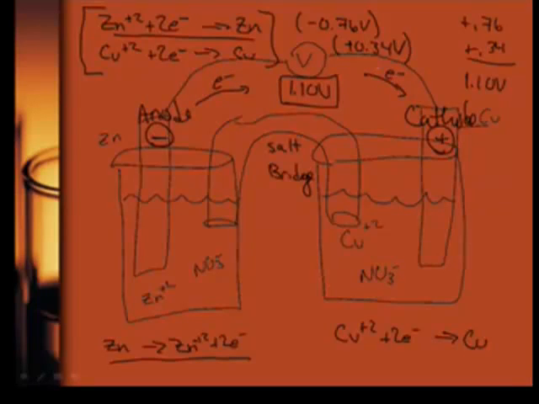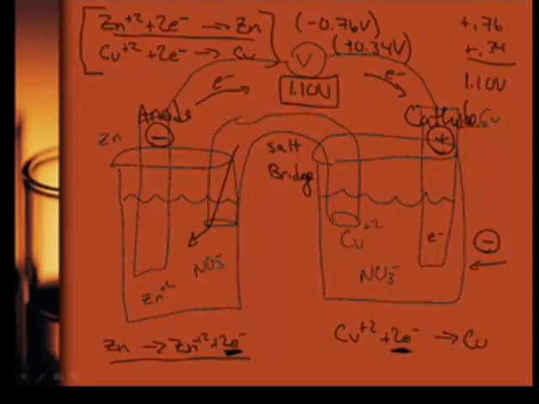And it makes sense. If you look at the equation down there, we're producing electrons at the anode. So then they're going to go to the cathode where we're getting the electrons. Yeah, the electrons leave the zinc cell, and the copper wants them. But of course we have a problem. As the electrons flow into here, it's going to cause the charge of this side to become more negative. And so to counteract that, what's going to happen is through the salt bridge, you must have negative things flow